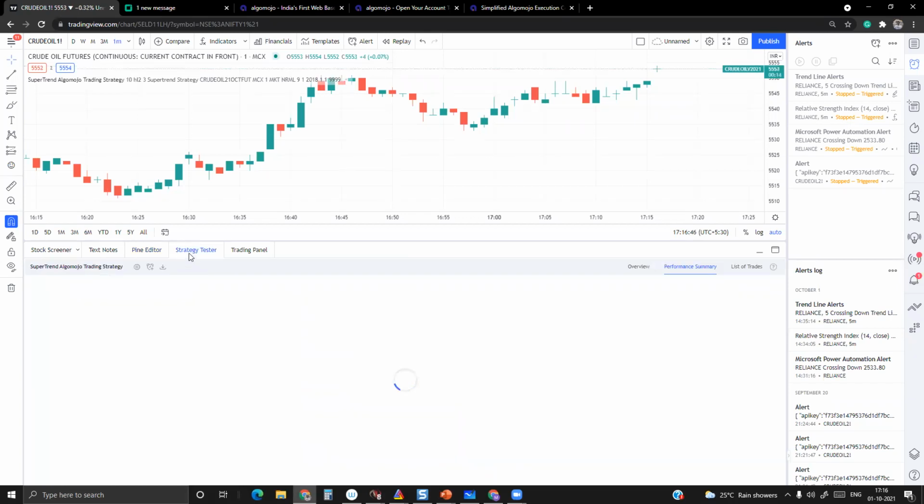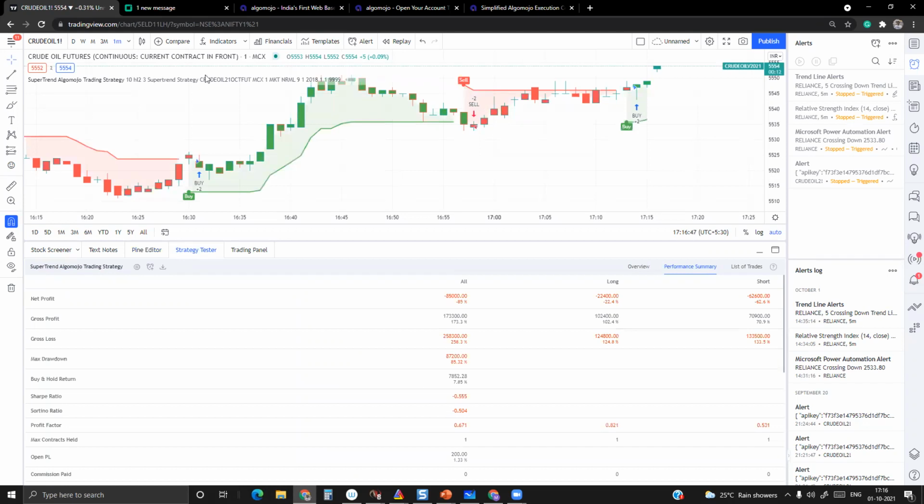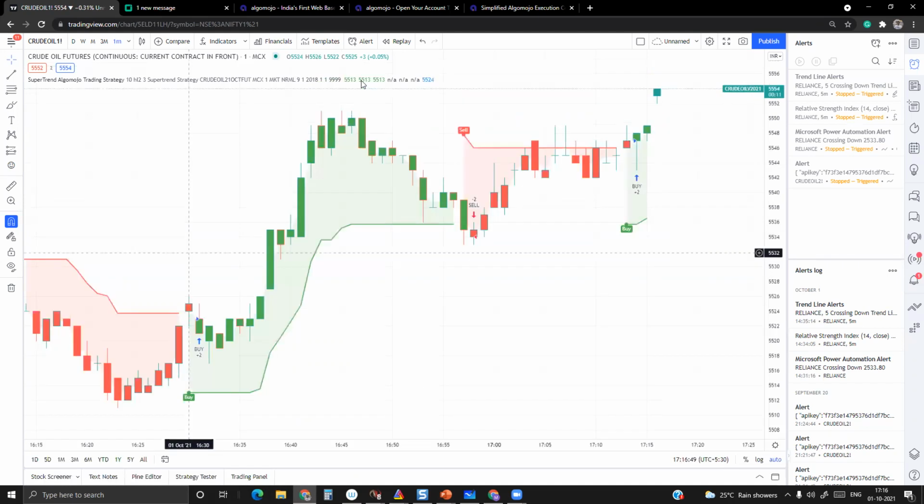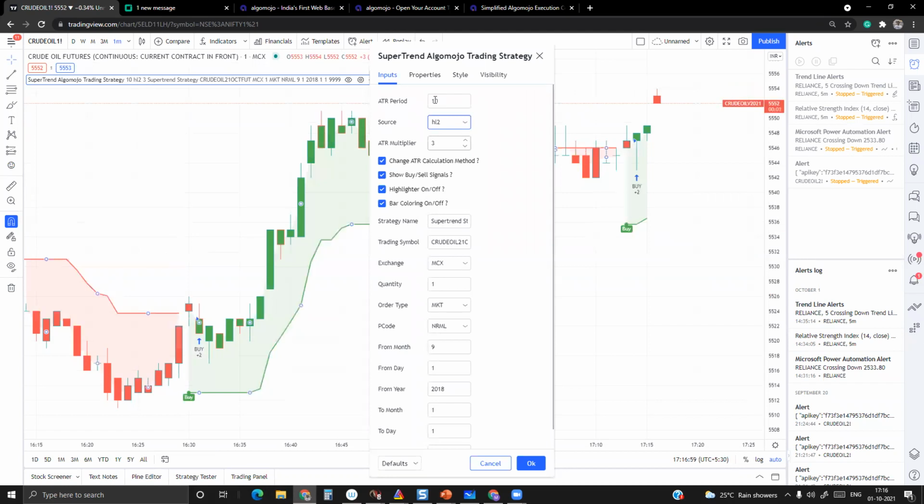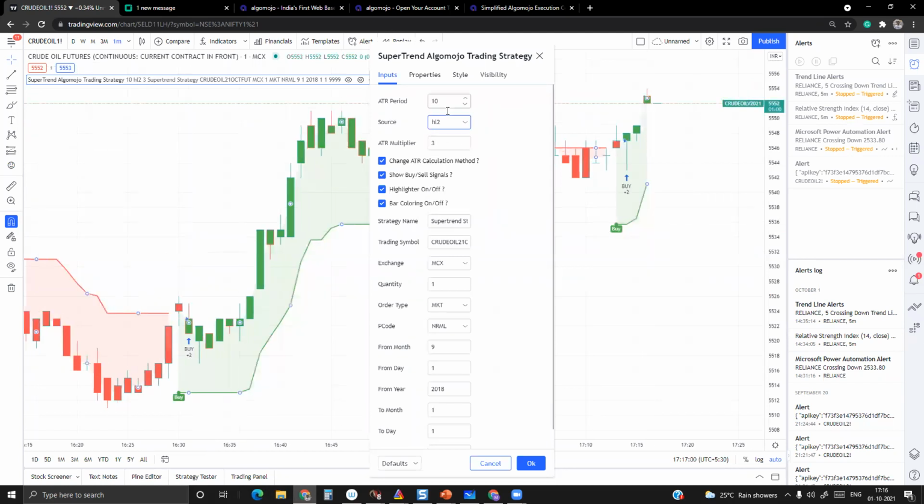Okay. So once you add it to the charts, you will be seeing the controls over here. If you go to the settings, you'll be able to see the controls. This is the Super Trend controls. You can decide what controls you want, and the ATR and multiplier, which will determine the stop loss and the trailing stop loss it controls.